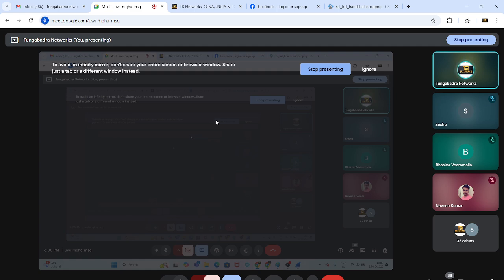I think you have got some idea about SSL, right? How the SSL handshake will happen after the TCP handshake. Any questions or queries here? Okay, others?